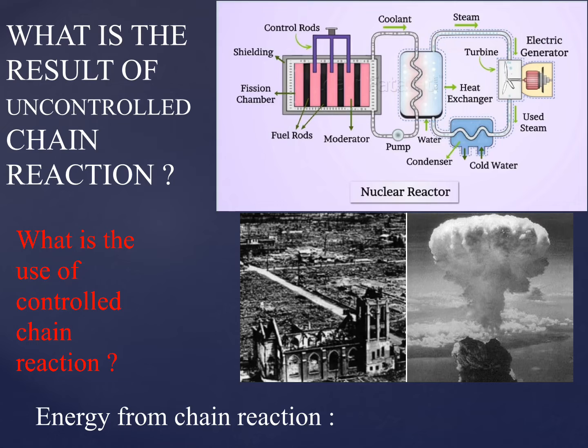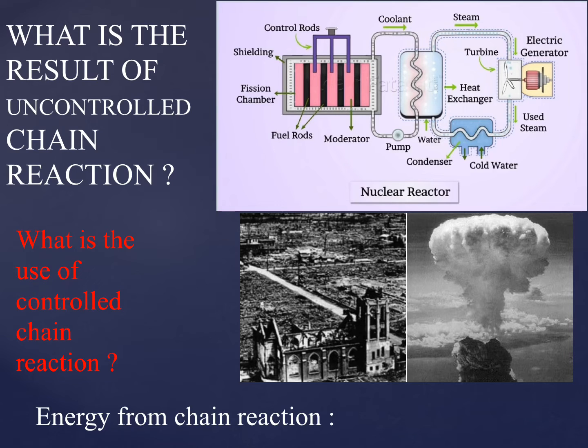So the first picture here is the picture of a nuclear reactor. A nuclear reactor or a nuclear power plant has these parts and works in this way. Uranium-235 nuclei in the fuel rods. In the picture in front of you, you will see the fuel rods. It has a black color in this picture, but in your book it is blue.